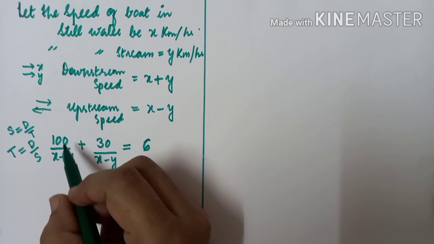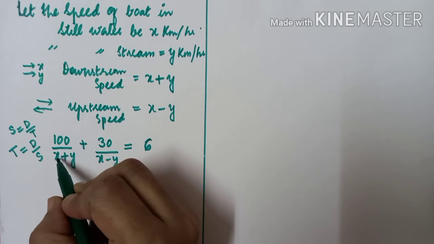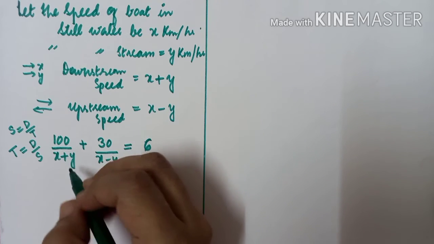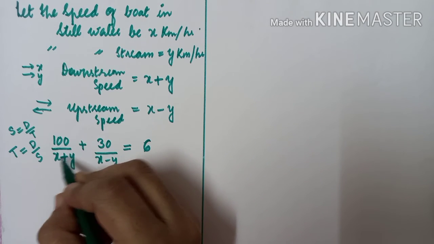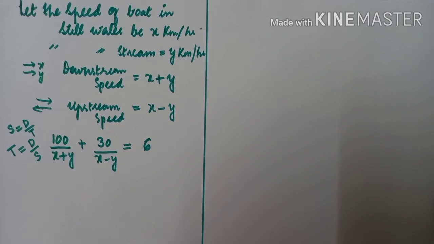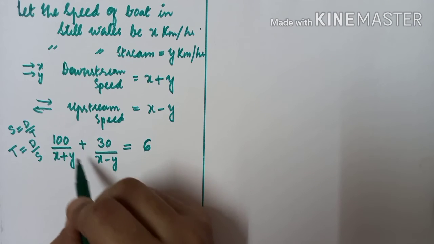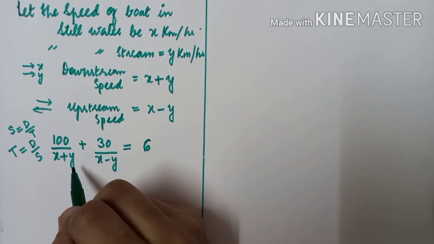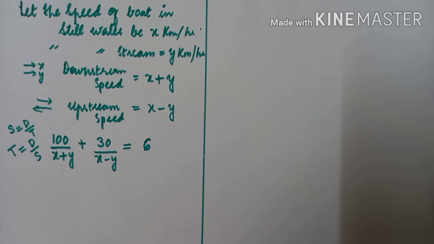Now let us take this equation as 100 by x plus y. You can assume this x plus y as anything, like you have already done in your methods, cross multiplication, substitution, elimination. Wherever 1 by x plus y or 1 by x is there, you have taken it as u, v. In the same way you take that, because if you take something in the denominator, then that will not be a linear equation. As you all know very well, the x, y variables should be in the numerator only, not in the denominator, because we have to take linear equations, right?